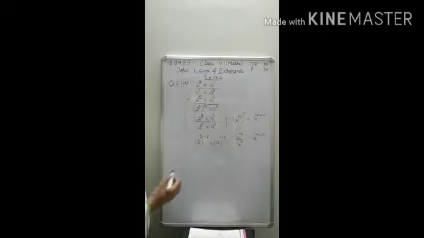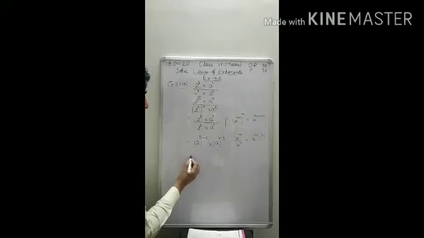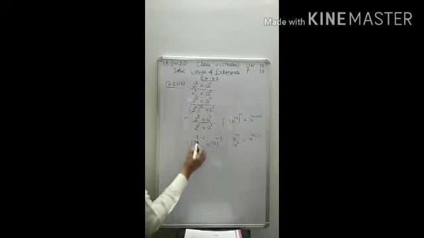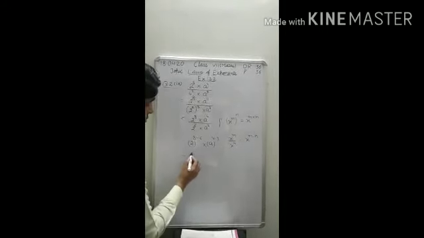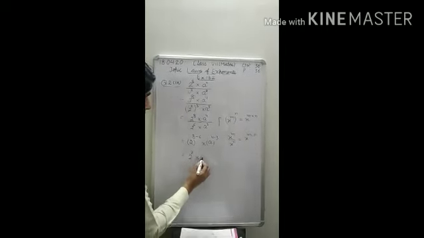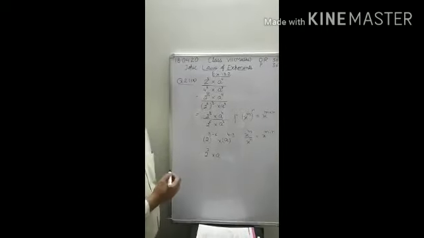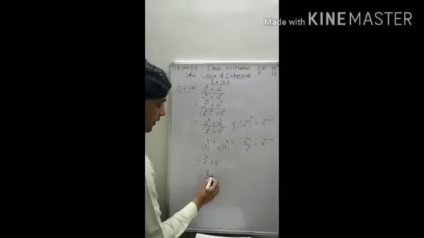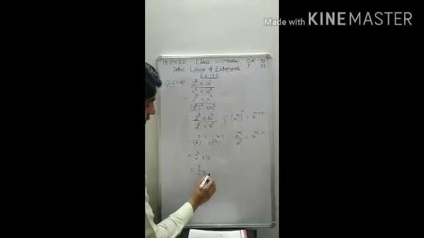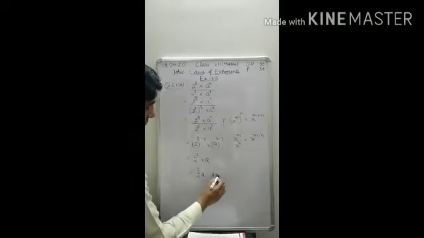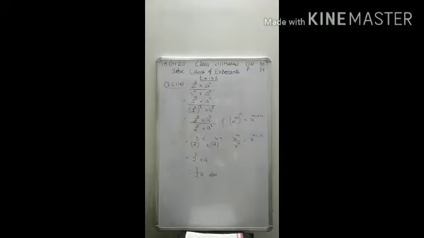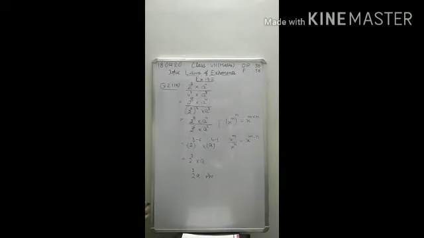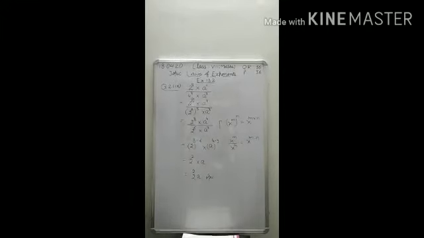Now just solve it. When you solve, what do you get? You get 2 raised to the power 8 minus 6, that is 2, into a raised to the power 4 minus 3. So you will get 2 a raised to the power 1, that is 2a. This is your exponential form. Because you have to give the answer in exponential form, this is the required exponential form. So this is our question. Now move to the next question.